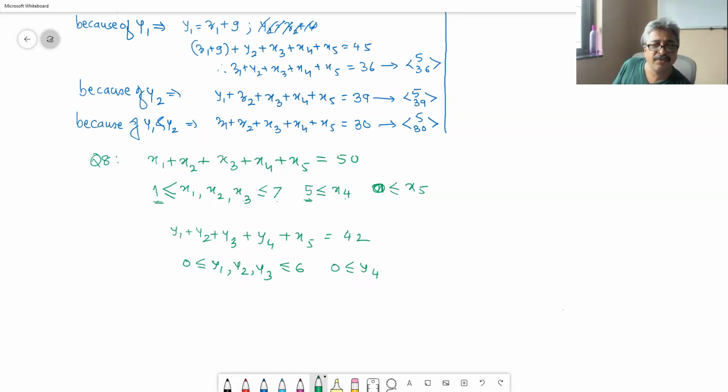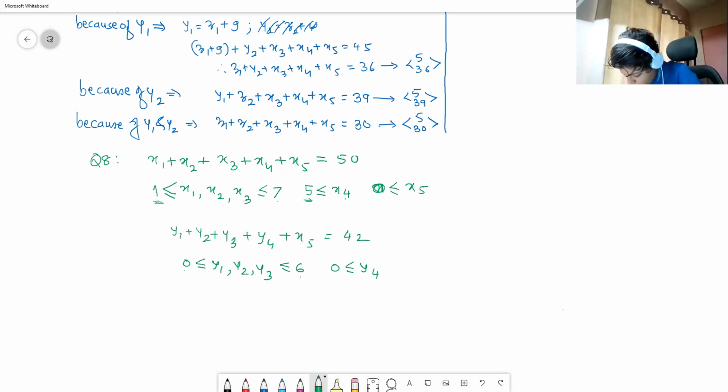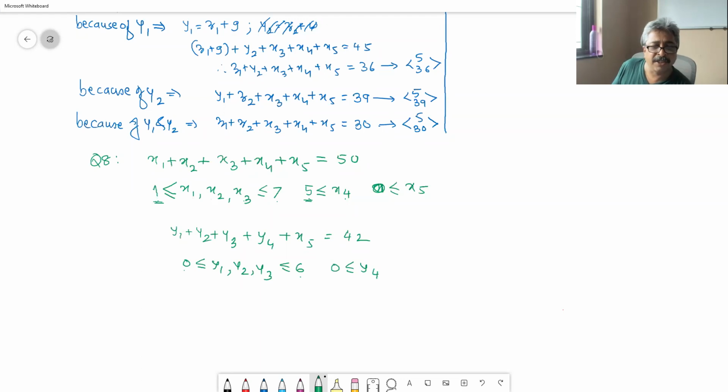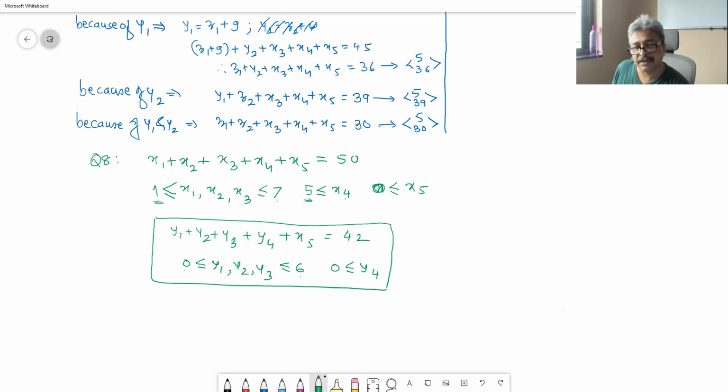I have written 0 here, therefore I am making 6 here. Oh, sorry, sir. I have already subtracted this 1 and 5 from the RHS. Sorry. Next problem that I am supposed to solve is where all lower bounds are gone. Now I have to take care of the upper bound. So Z1 plus Z2 plus Z3 plus, okay, now one by one I cannot do it at a time. So the answer for this is 5 elbow 42.